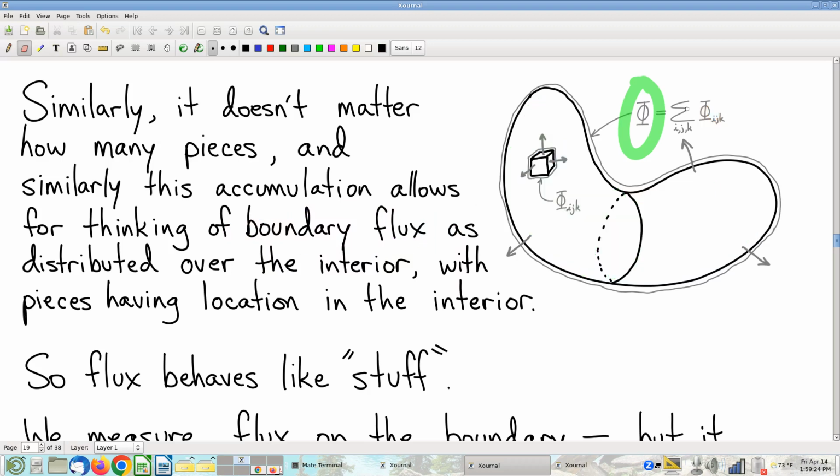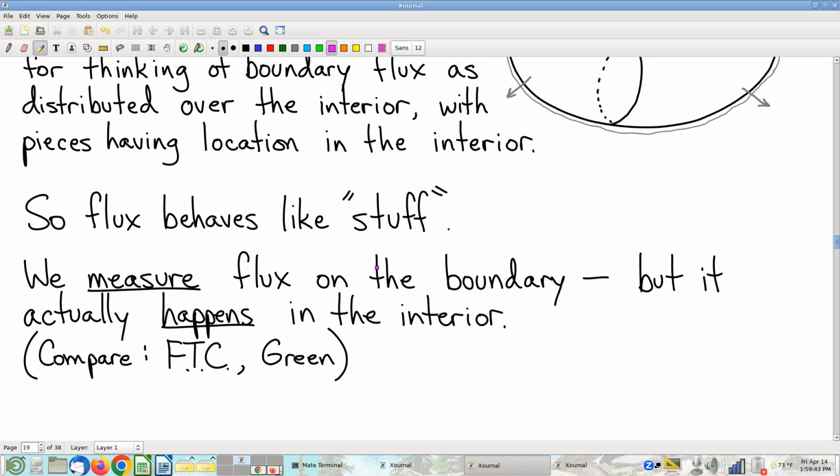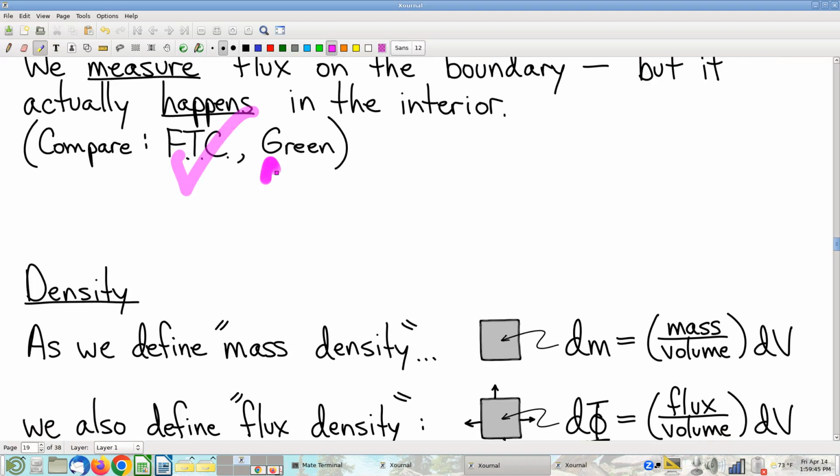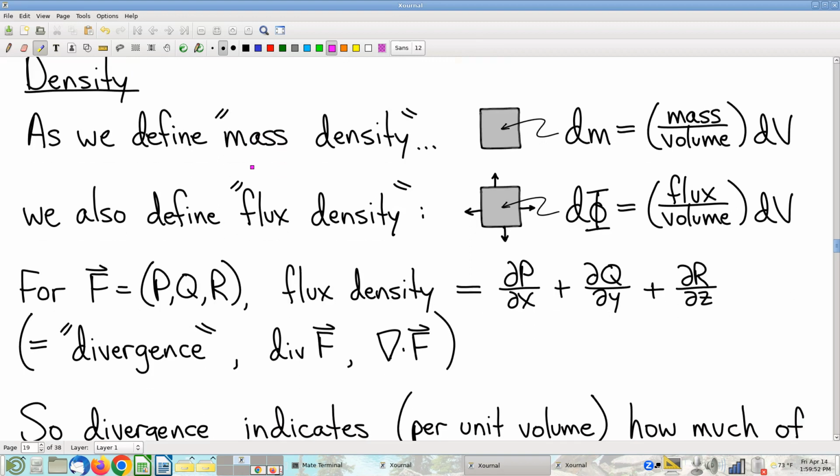Anyway, punchline, same punchline as before. You can think of boundary flux as being a kind of stuff, this concrete, kind of material. It's actual stuff. All right. Reminder, we talked about the same thing with respect to previous theorems. Okay. All right. Well, if you've got stuff, then you can talk about stuff per unit volume. Or in general, stuff per unit size. Right? So, all right,